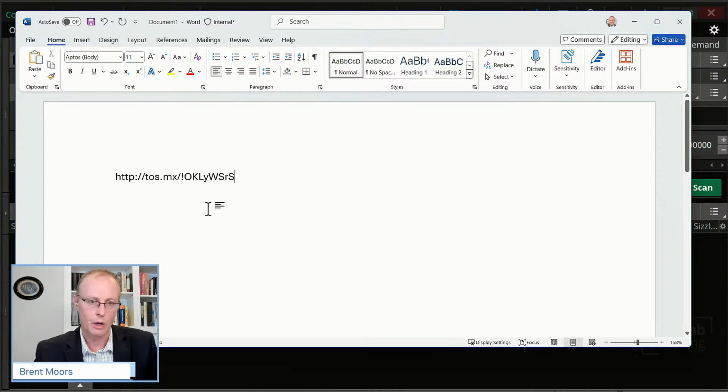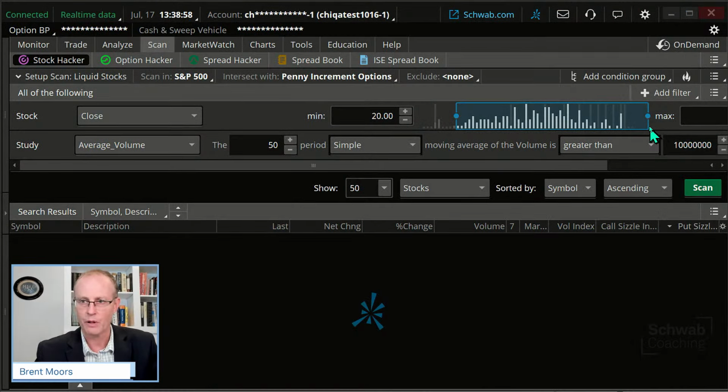I'll show you what to do with the code in just a sec. But you can pause this right now if you're watching on a recording, and you can copy those down. If you're watching live, I put them in the scan, in the chat there. Okay, let me go and do the other one here, okay? And we did bullish no earnings on that.